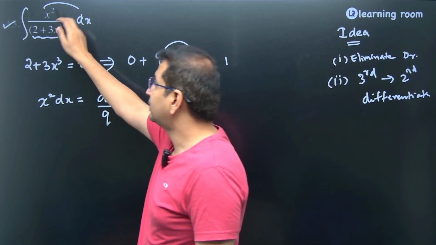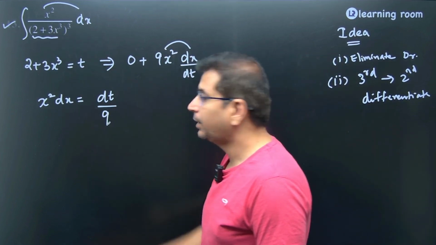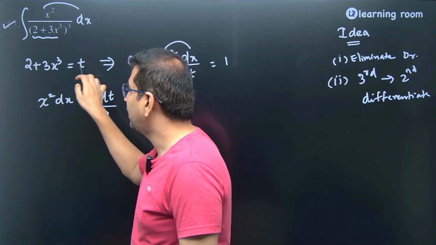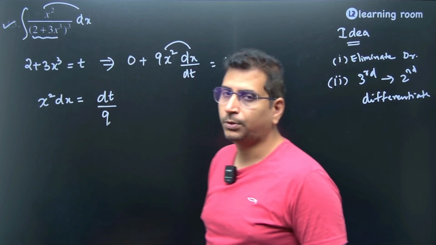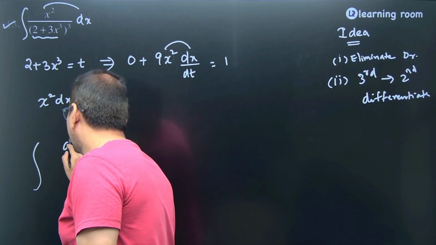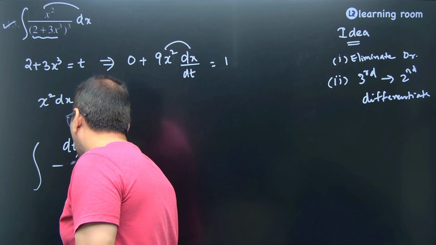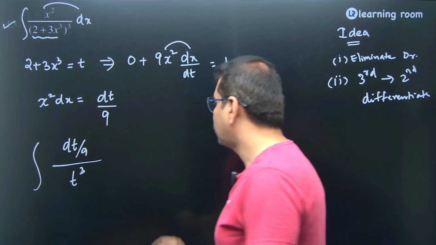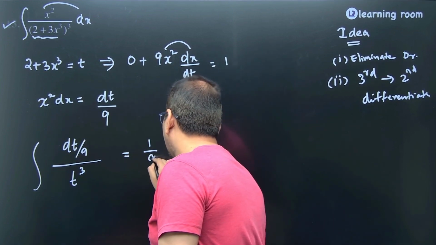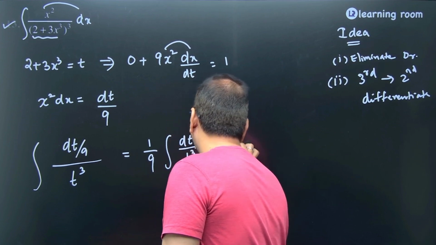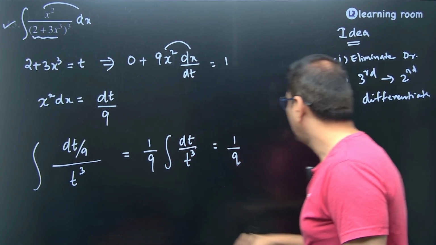So x square dx, that is the numerator, can be replaced with dt by 9, and the denominator 2 plus 3x cube can be replaced with t, so it becomes t cube. So the whole question gets converted to the format integral of dt divided by 9, the whole divided by t cube. So 1 by 9 can be taken outside. 1 by 9 into integral of dt divided by t cube